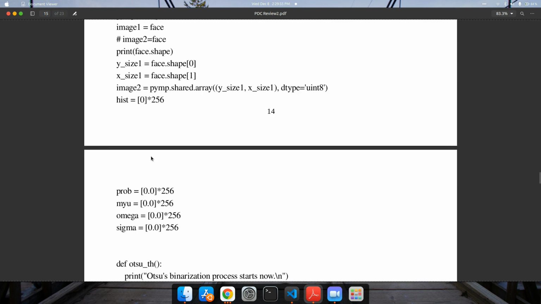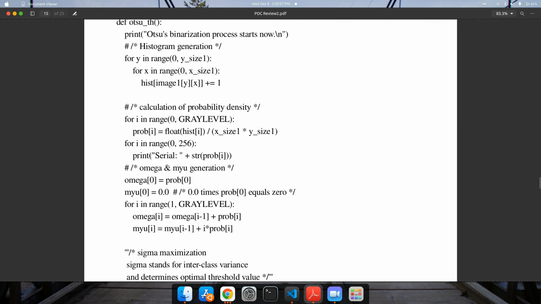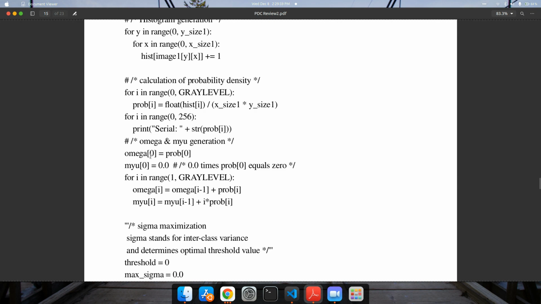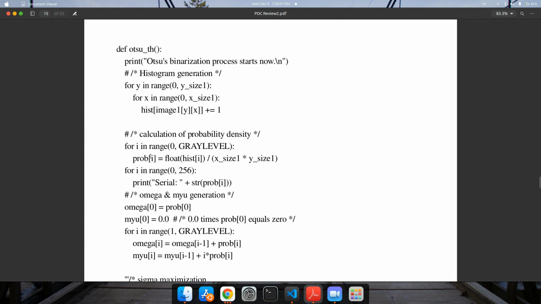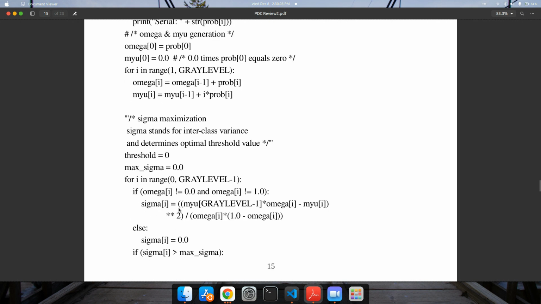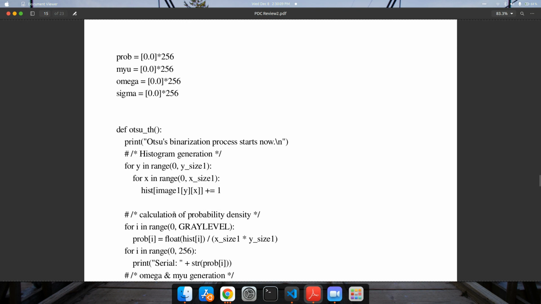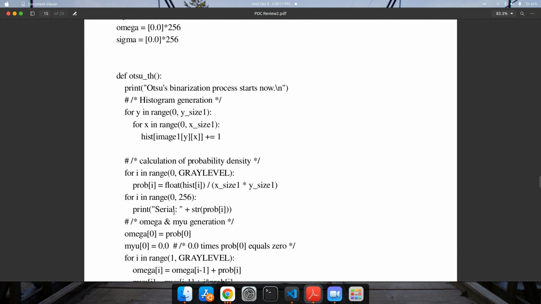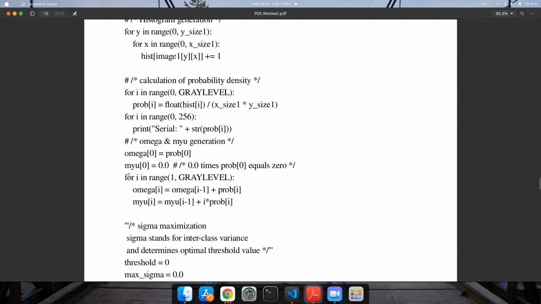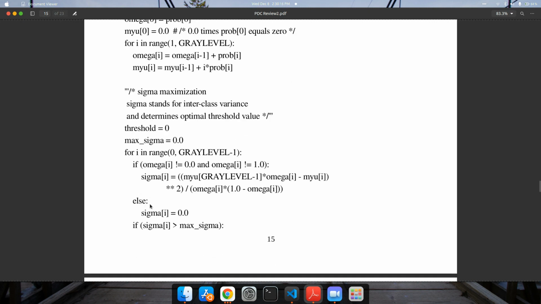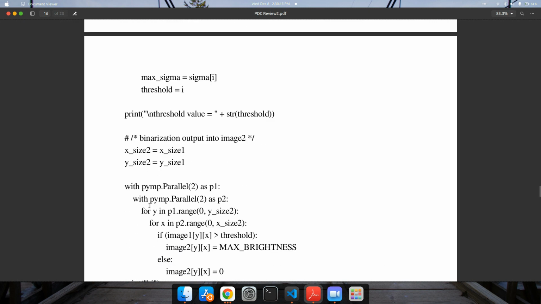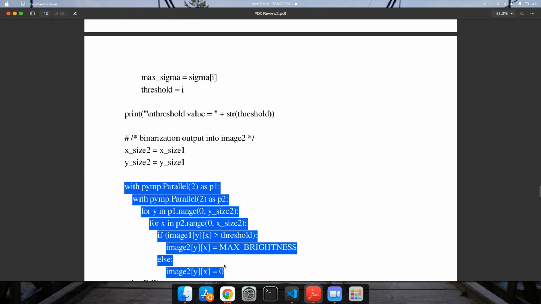The algorithm is exactly the same; we have just used PyMP.parallel. Here is also the threshold function for obtaining the optimal threshold, and we have used PyMP.parallel here in the algorithm.